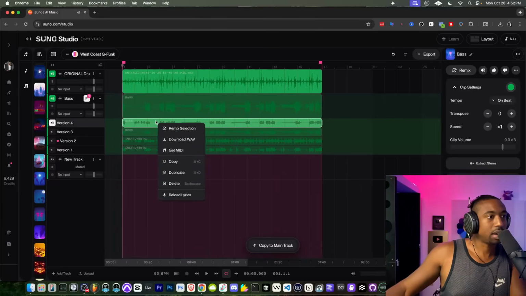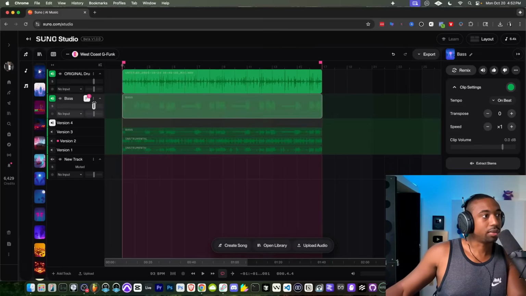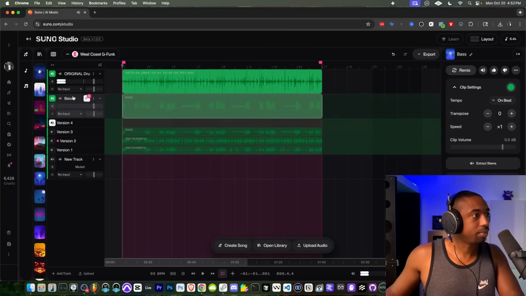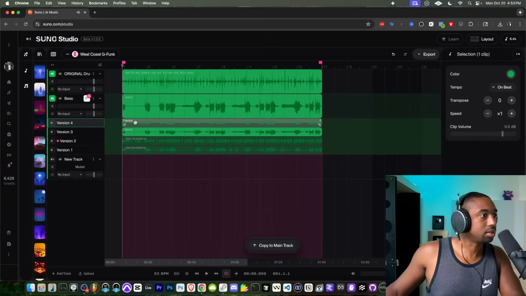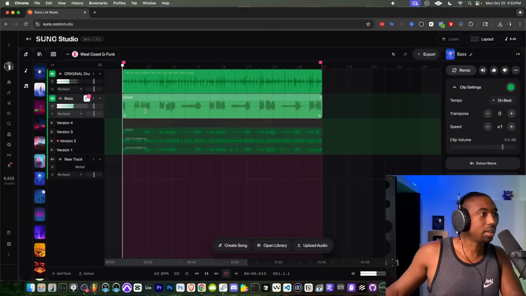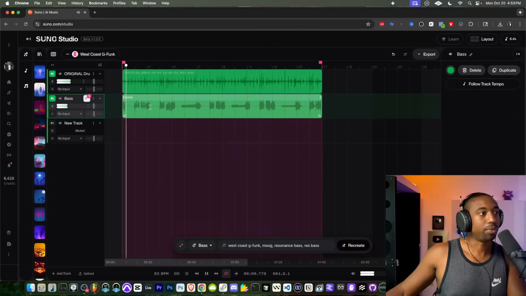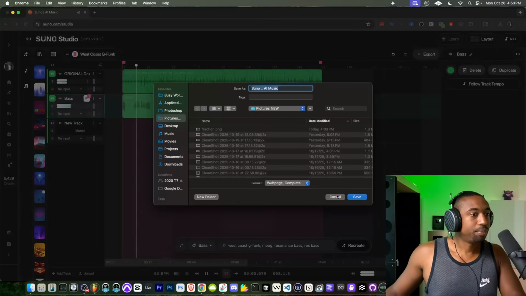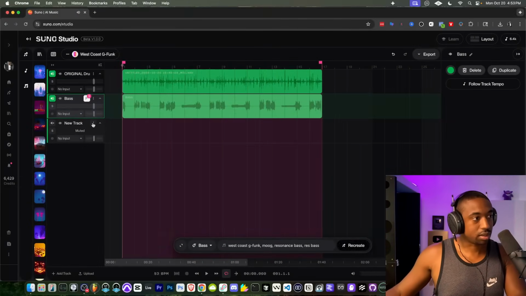I forget how we move this upward because it is a little tricky. I think you just left click and drag if I did that right. I'm not sure why it's muted though. Oh, maybe because I just soloed. Okay. So if you left click and drag that take up to the main area, that's how you replace the main bass. All right, so now we have our bass. We are set on that.